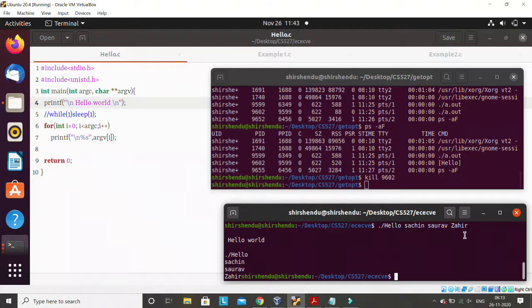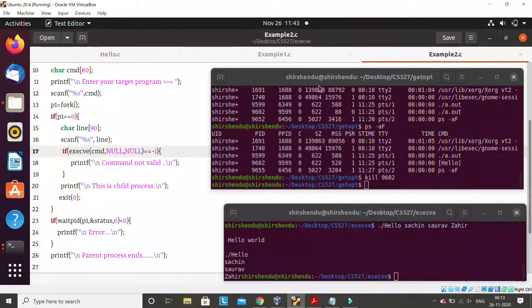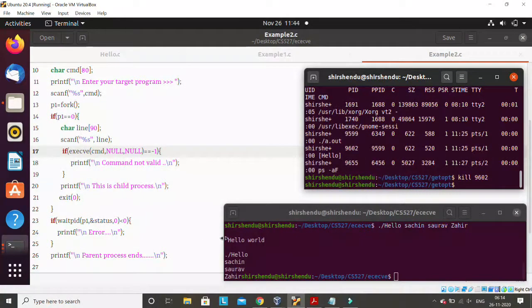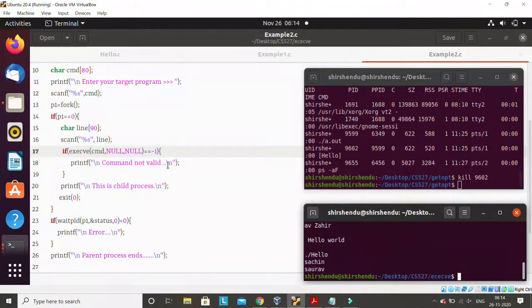Because sometimes we need to pass some information with the program which is required to perform some execution, for this a command line parameter is required. So how can we load this type of program from another program? For example, here from example2.c, I want to run this program hello, which has some command line parameter values.